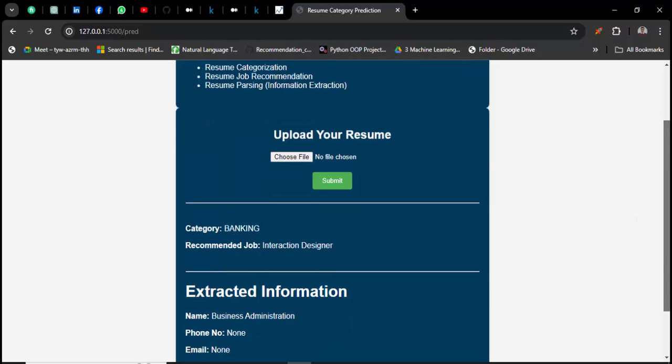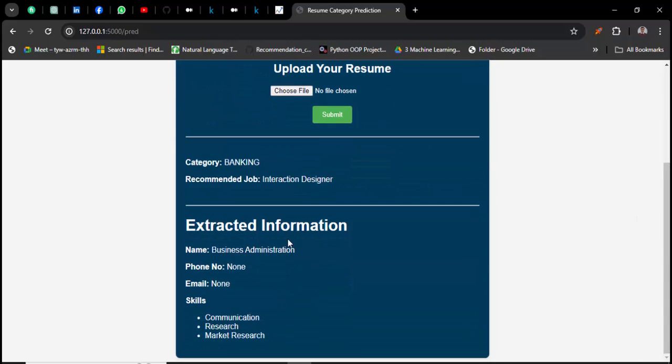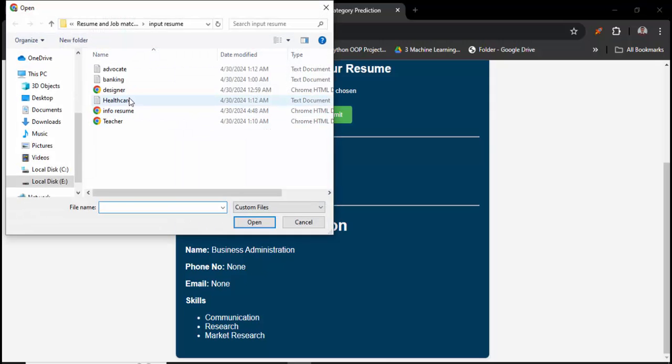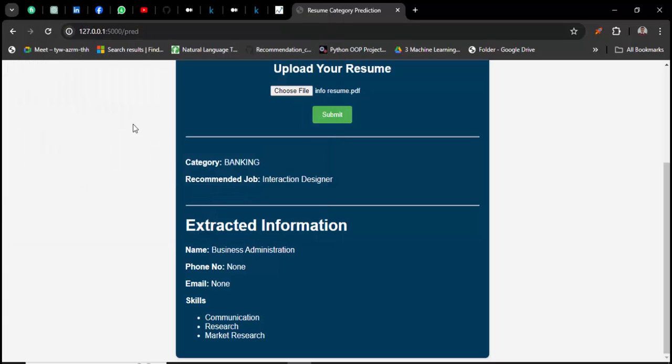Now for the uploaded resume, I have uploaded the banking resume, so there I don't have a phone number, email, but you can see we are getting the skills. So basically I've created these resumes. These are all dummy resumes. You can use your resume, other real world resumes with different structure. It will work. So info resume, submit,